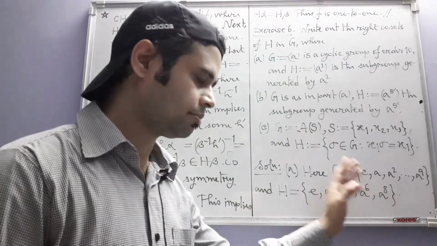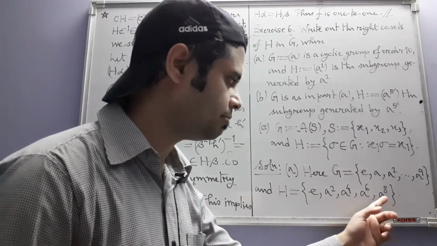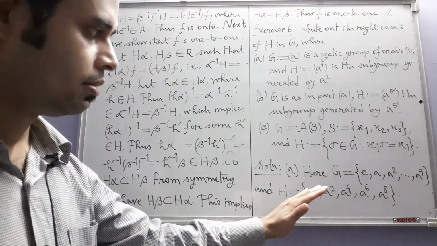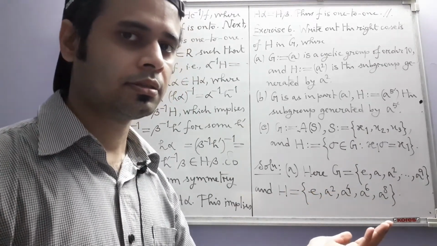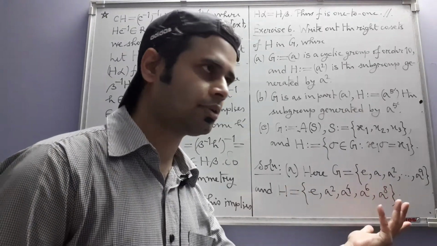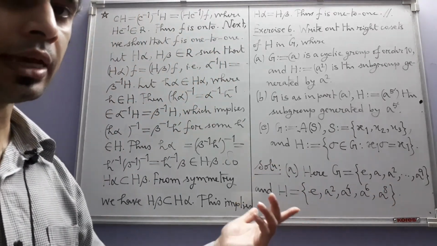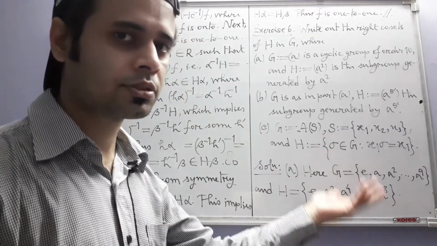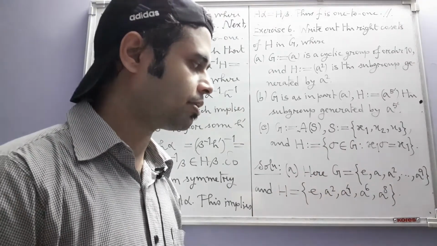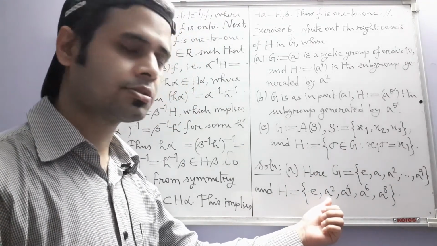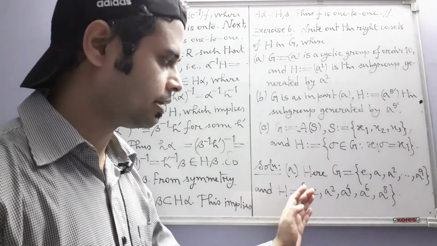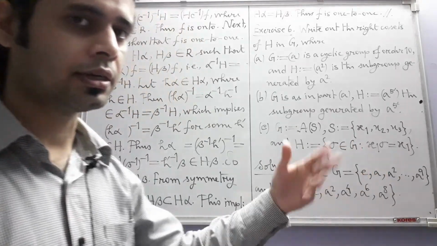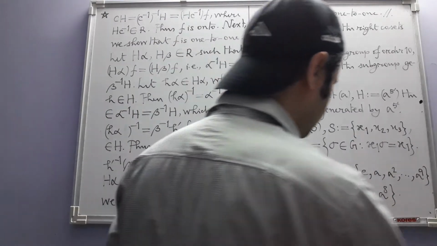If you keep on squaring these elements, if you take the square here, you will get A to the power 16, and since A to the power 10 is identity, so by the rules of exponent, A to the power 16 is actually equal to A to the power 6, and then if you square that, you will get A to the power 12, which equals A square, and then you have come back, actually it forms a loop. After A square you will again have A to the power 4, A to the power 6, and it goes on like that. So these are the only elements.